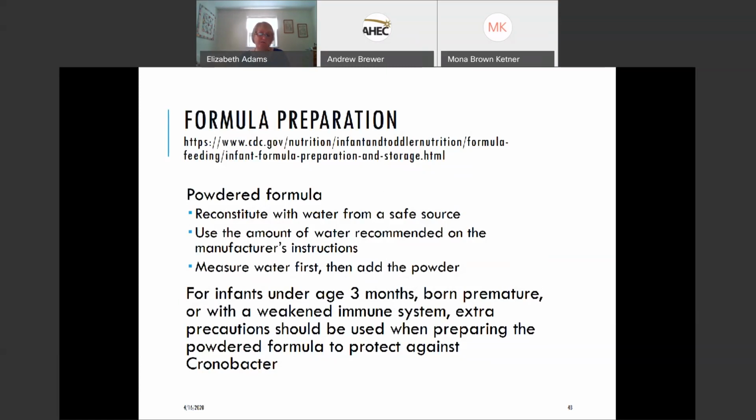Some guidance that comes out from our Baby Friendly Hospital Initiative is making sure that parents know to not keep that formula at room temperature for long periods of time. They say not to keep it for longer than 2 hours. And if we start using a bottle of formula, but we don't finish it at a feeding, we need to discard that